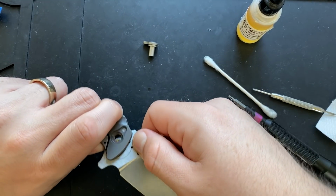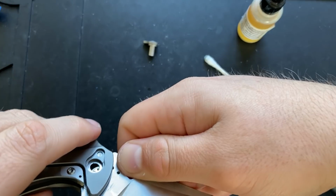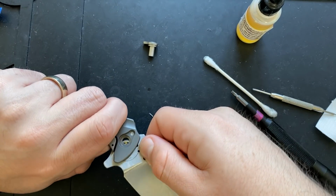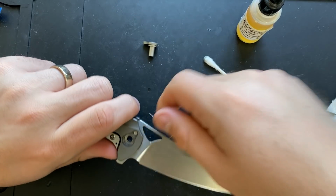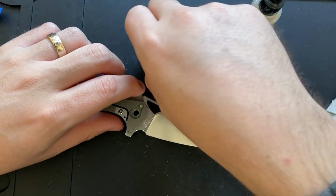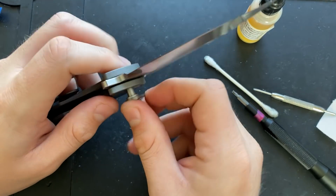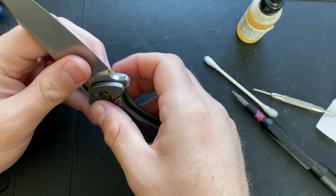I need to make sure that I'm around the stop pin. Are my two steel washers in? Yeah, they're in place. Okay, good. Here we go. Perfect. Blade is now back in position. Next step is going to be to slowly reinsert the pivot. Well, actually, in this case, probably pretty quickly, just because I don't...